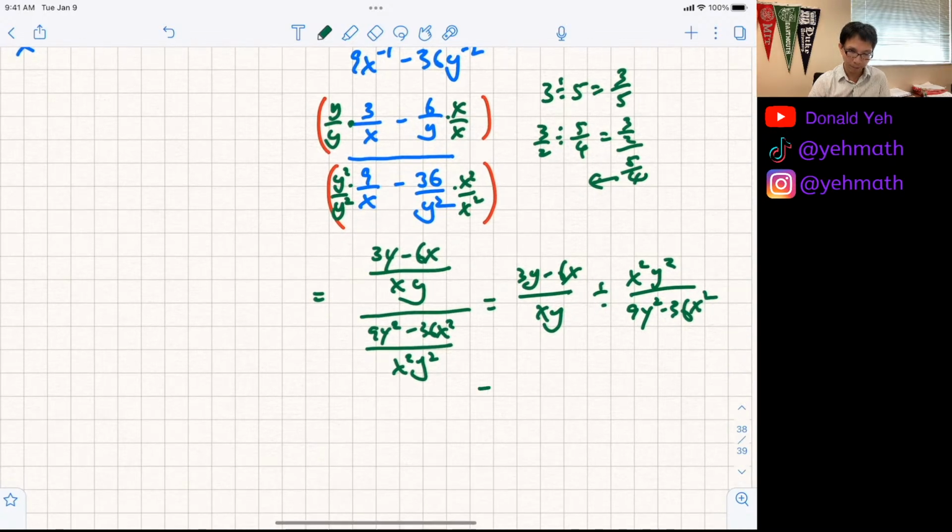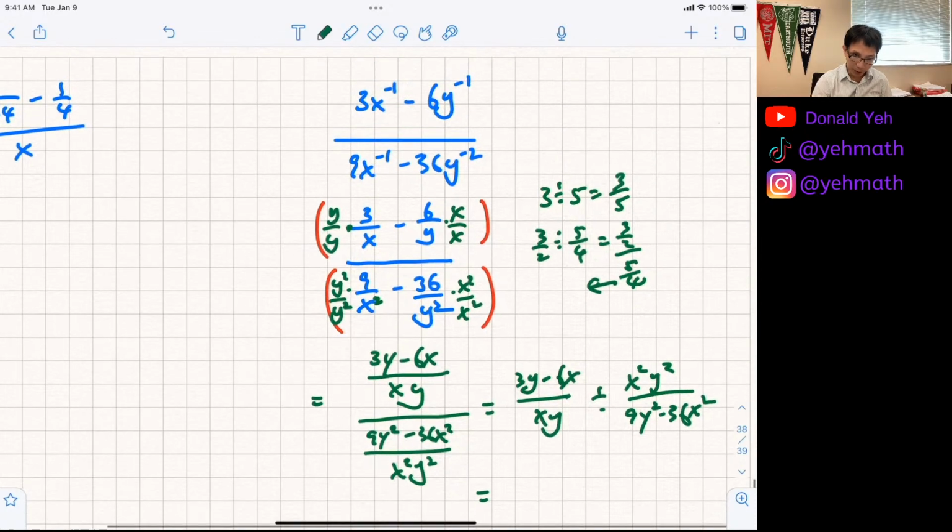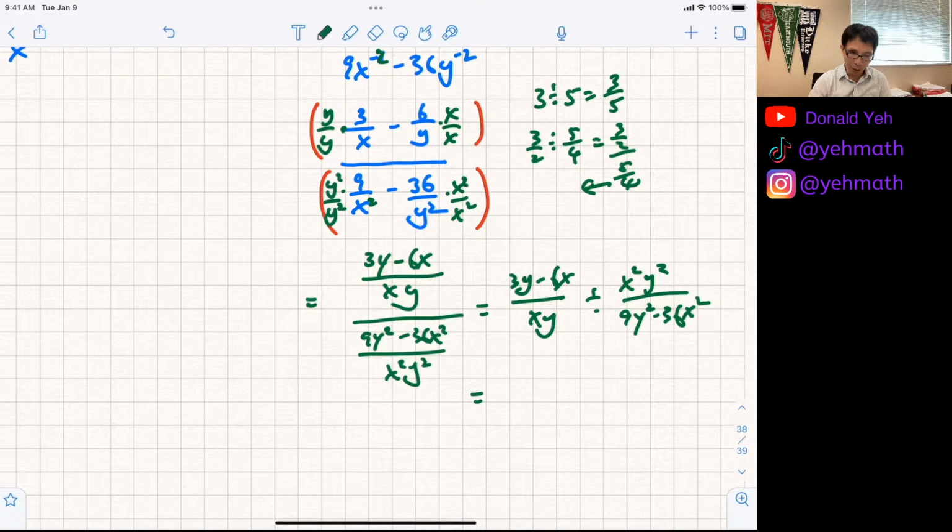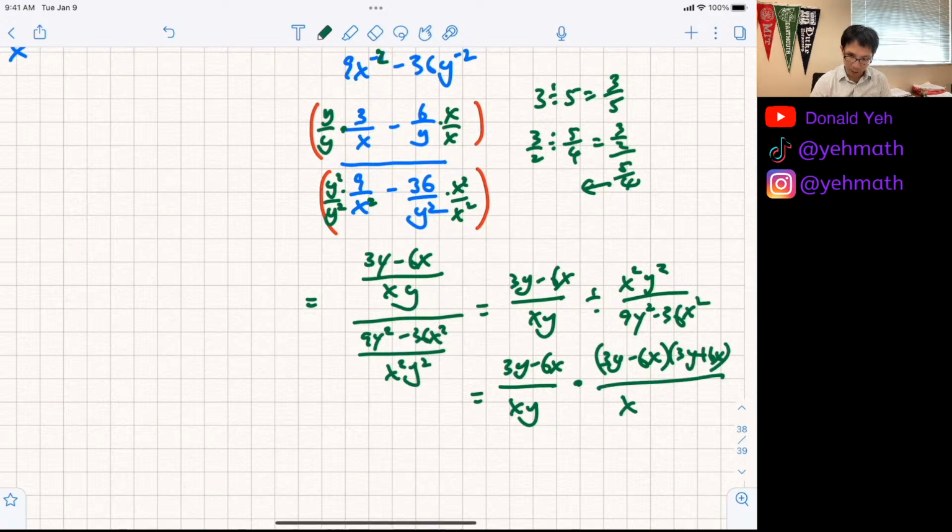Yes, question. Go ahead. Why would you multiply the bottom by x squared? Because the common... oh, this one's an x squared, yeah. I see the problem, he meant to write x to the negative second. Yeah, x to the negative second. And then I will have 3y minus 6x over xy, thank you, times 3y minus 6x and 3y plus 6x. And then I will have,